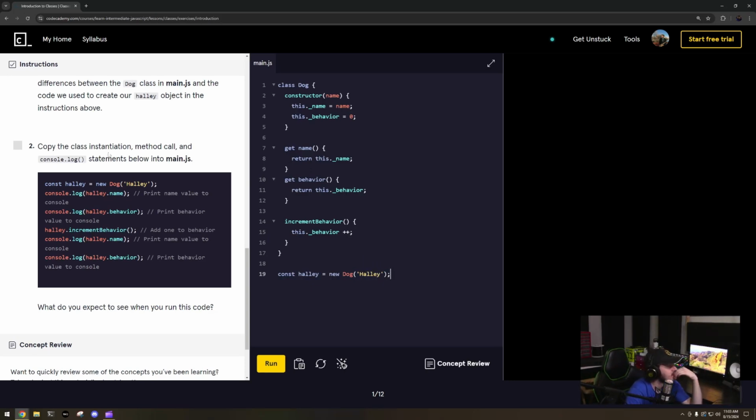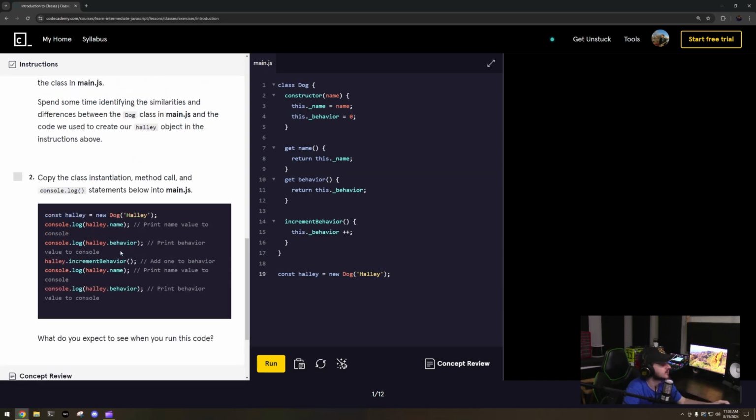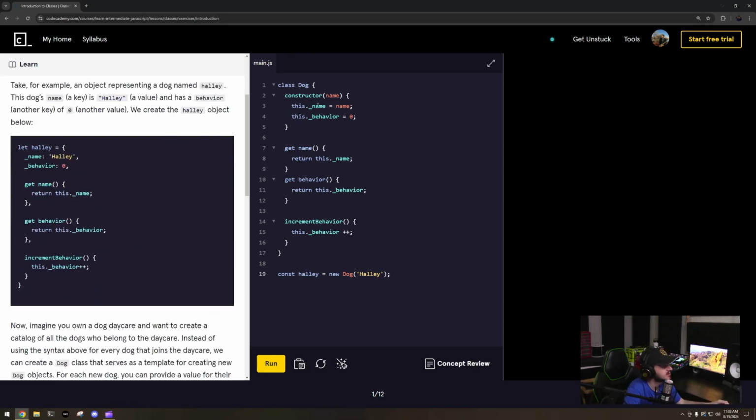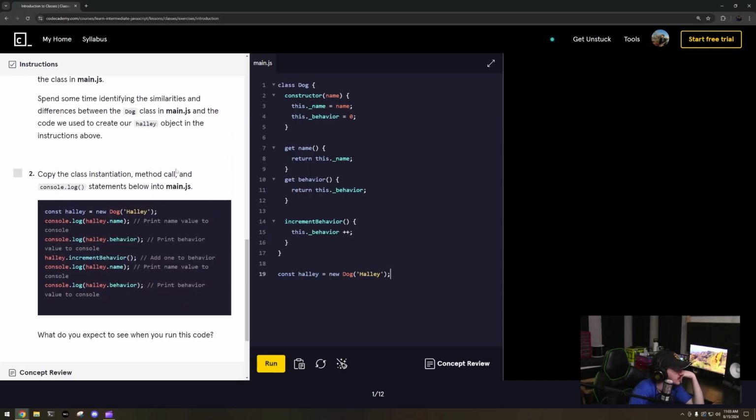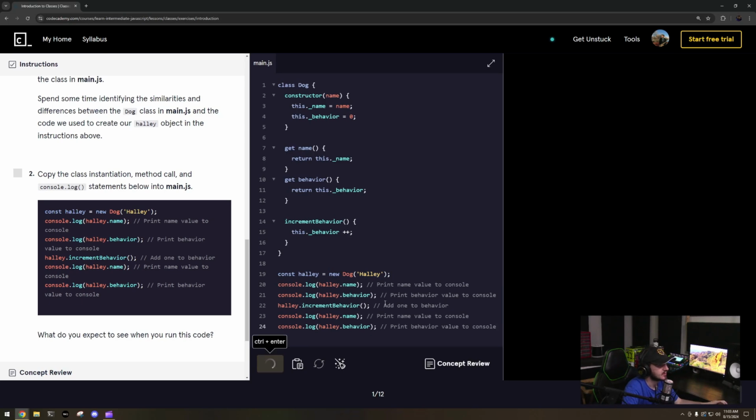So basically, these do the exact same thing. That's what they're trying to demonstrate here. It comes in the class constructor, and then console.log all of this. So I'm just going to copy and paste this into here. Run. So you can see that